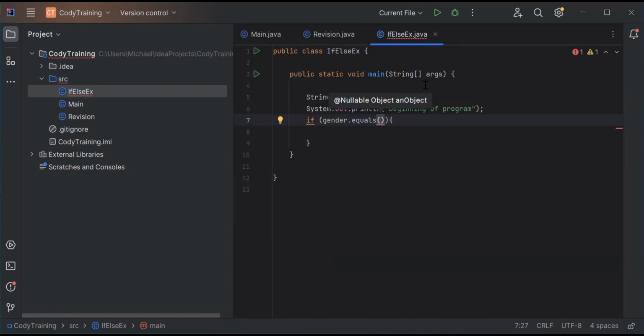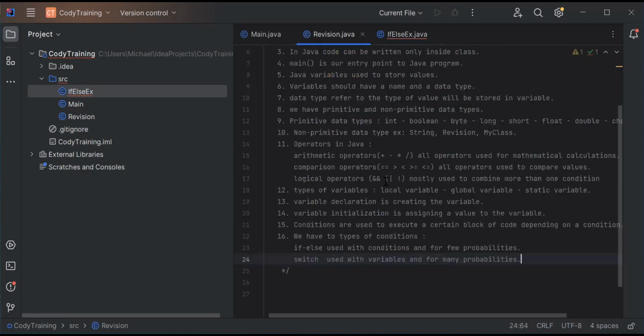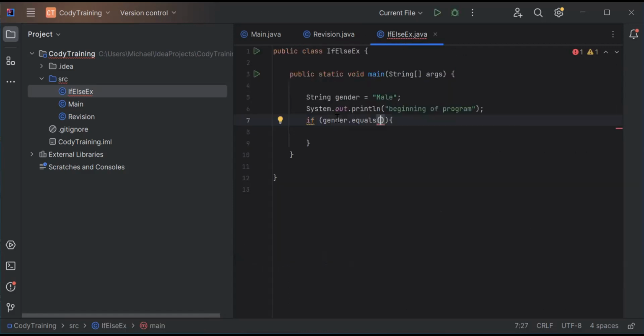It's similar to the equal sign, but the equal sign is used with other data types, especially for string we use the equals function. So I will say if gender equals male,